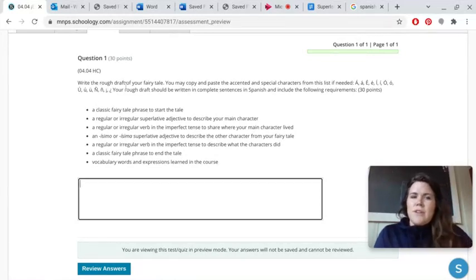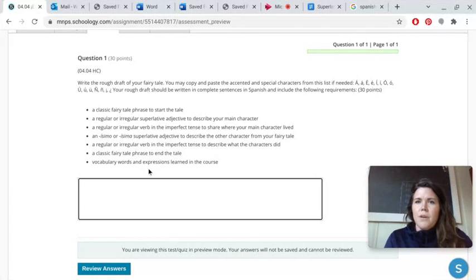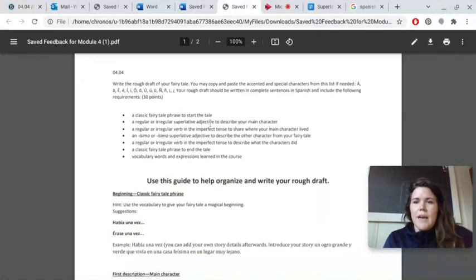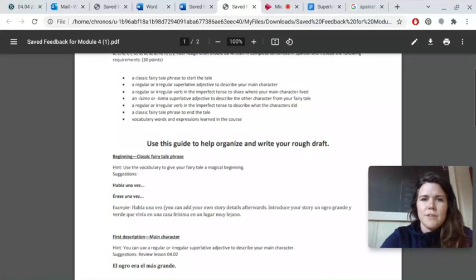Your instructions are to write the rough draft of your fairy tale. You may copy and paste the accented and special characters from this list. Your rough draft should be written in complete sentences in Spanish. Include the following requirements. So these are your big requirements here. I'm going to go through the document and show you the guide that I've created to help you with that and try to help you with all these aspects. So